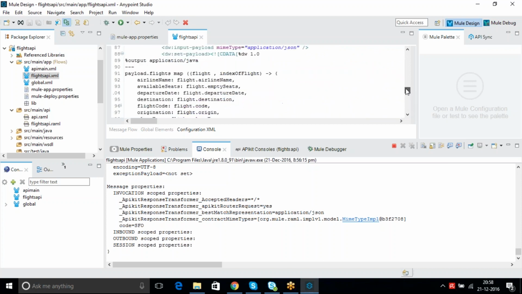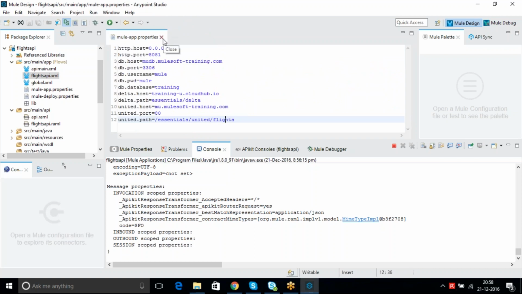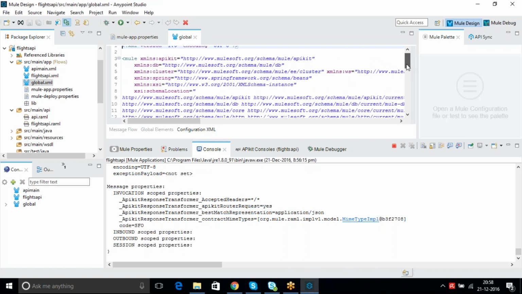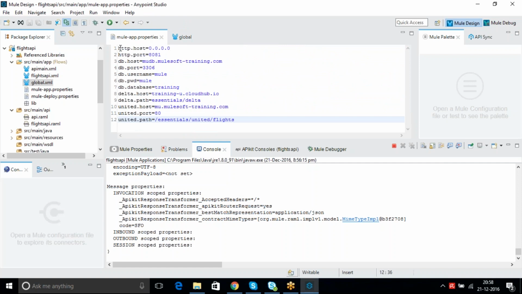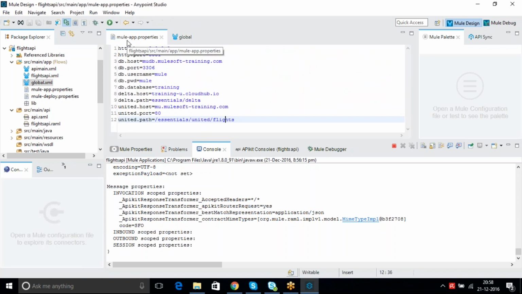It looks nothing, right? We don't need to change anything inside the flight API. So now you understand how to keep it in the app.properties file and how to reference that inside your flow. The way of representation should be dollar, open and close curly braces. Inside that, whatever value you are keeping in app.properties is like a key value pair. So you need to load the key, and when you give the key here, it will automatically load the value from the app.properties file.